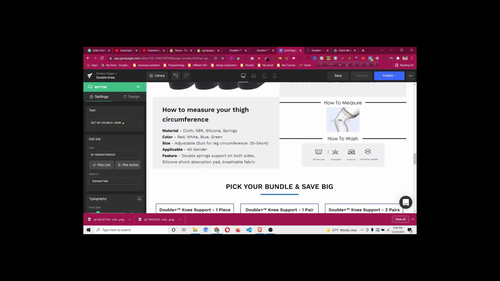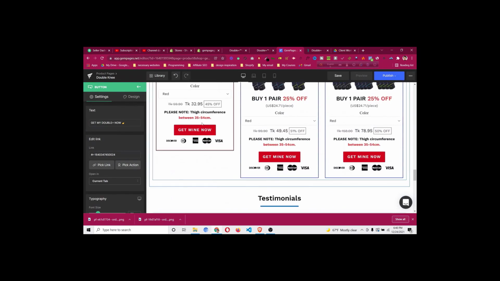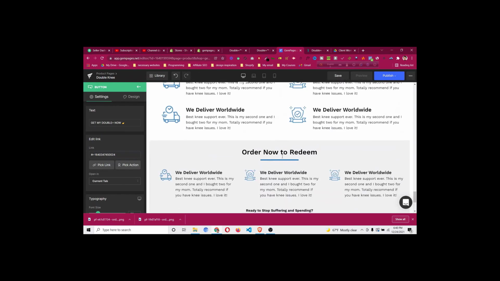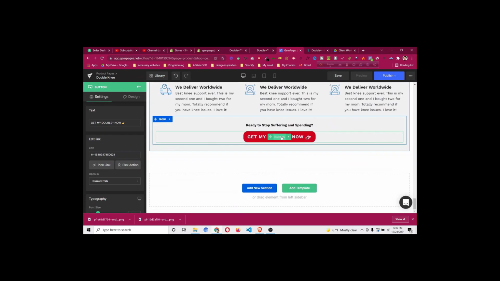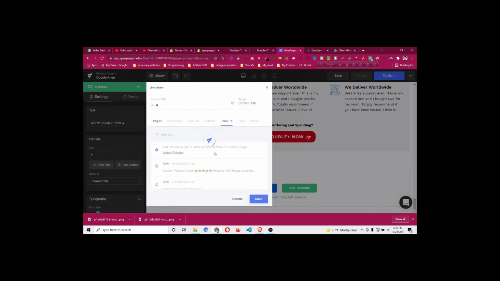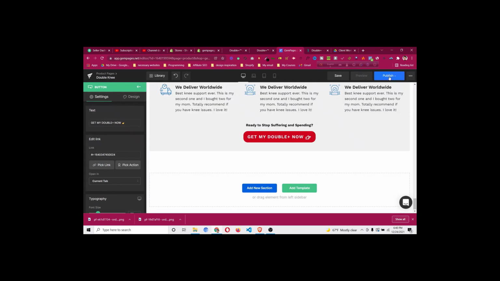If you have any other bundle on the same page, without this product dynamic section, this product dynamic or cart button will add the product to cart or redirect people to the checkout. Same goes for this one as well. So pick link, go to scroll to, and then click this, pick your bundle and save big. So if I just now save this page,